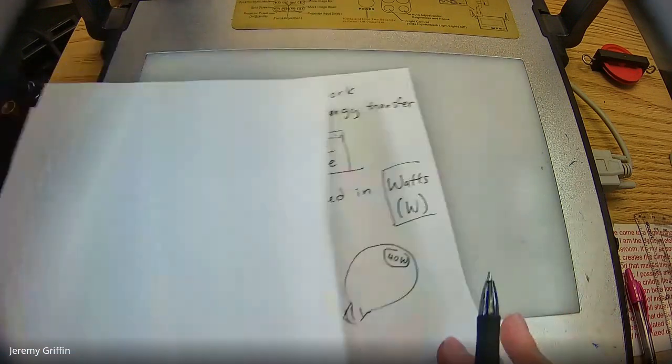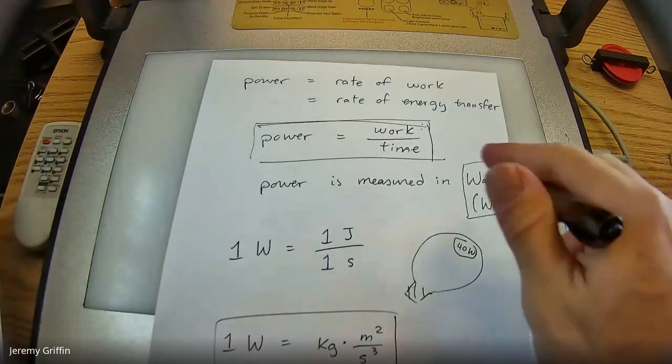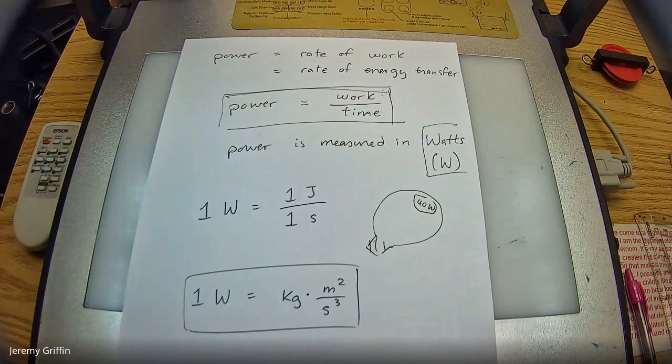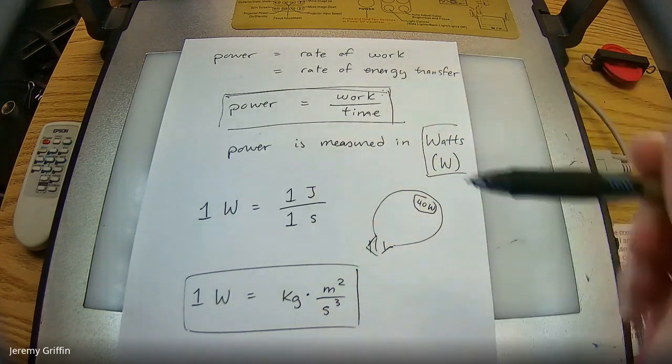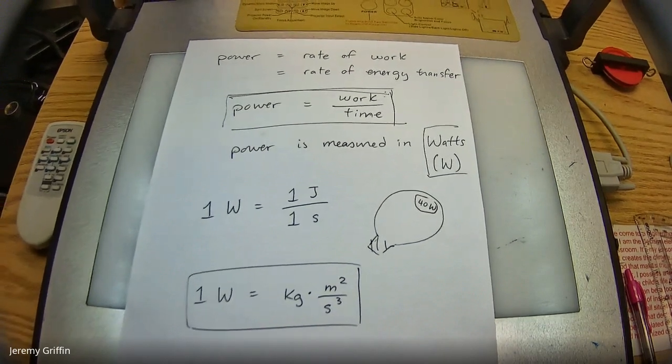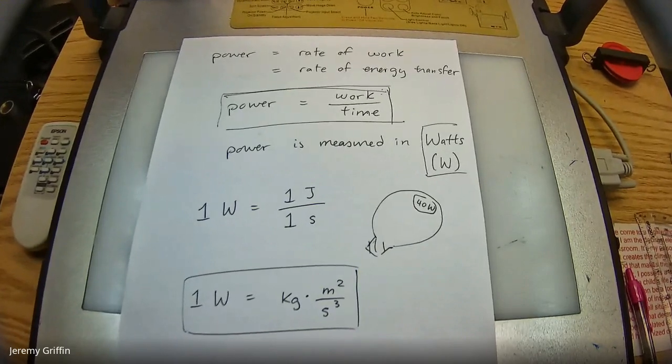Now there's a funny thing you can do with power. You can actually get an alternate form for power. I said work per time, like a rate of work, or energy per time. What I'm going to do is take this definition, work per time, and you guys remember how work is force times distance. We're going to rearrange that, and I'll get a different formula for power. The definition way to think of it is work per time, rate of work. So what if you did this?